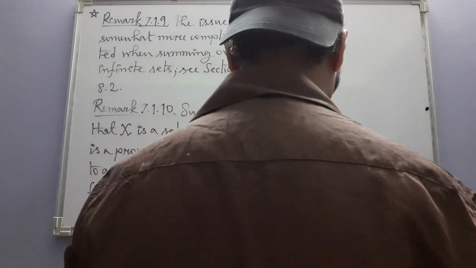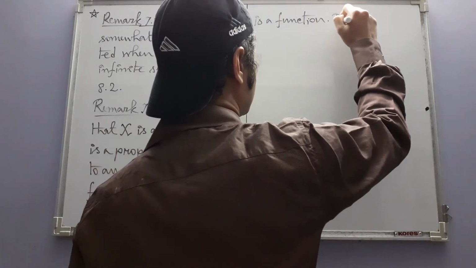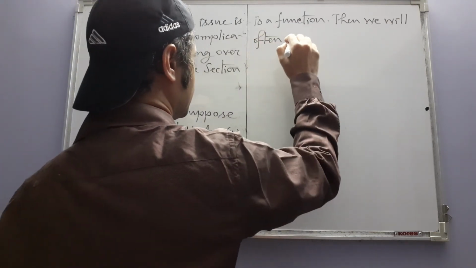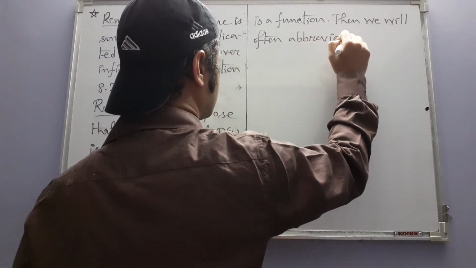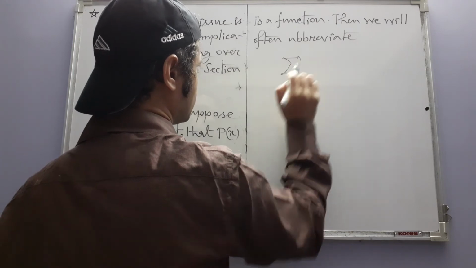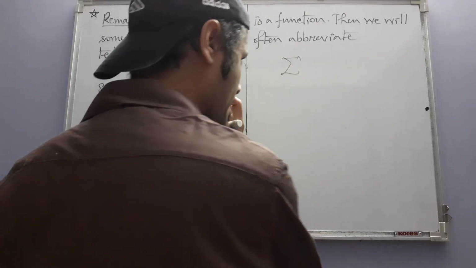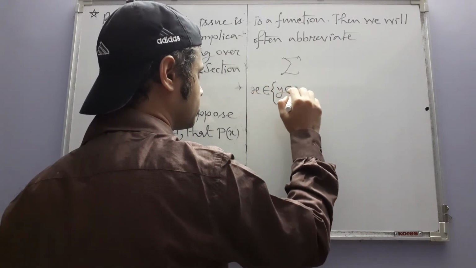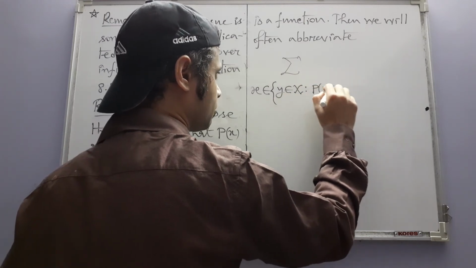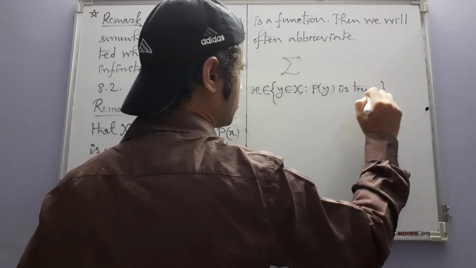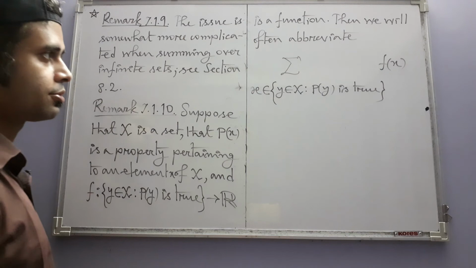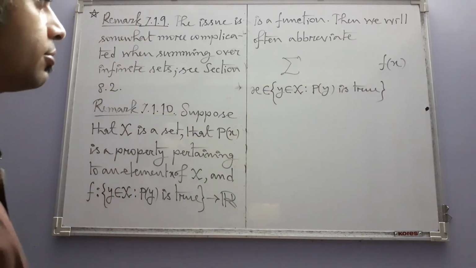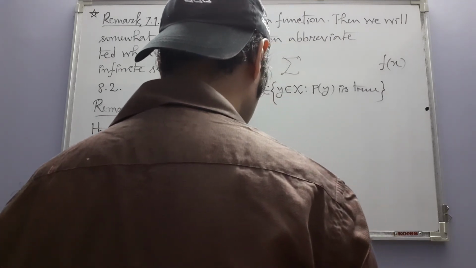Is a function. Then we will often abbreviate this sum. Is he writing f of X? Yes. X belonging to this set. This is also a finite sum over this set. Instead of having this cumbersome and difficult to write notation, we will abbreviate this